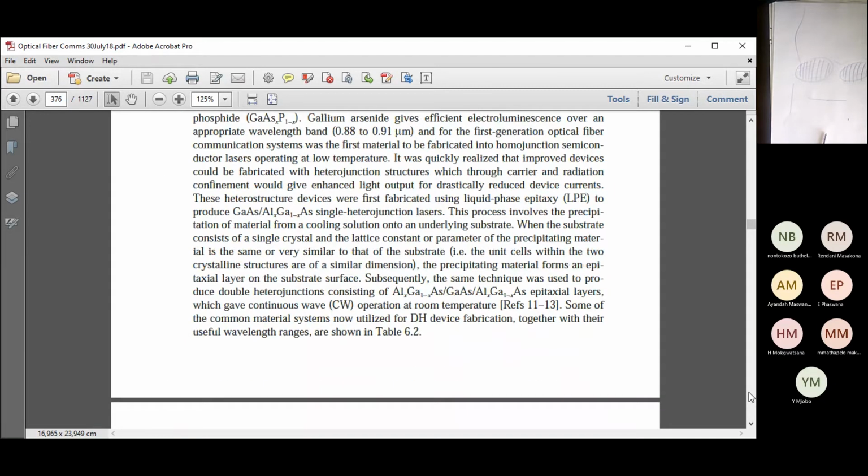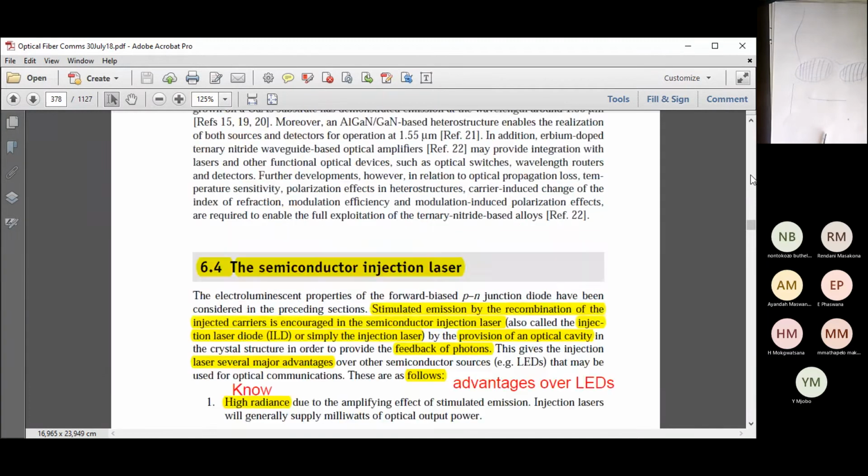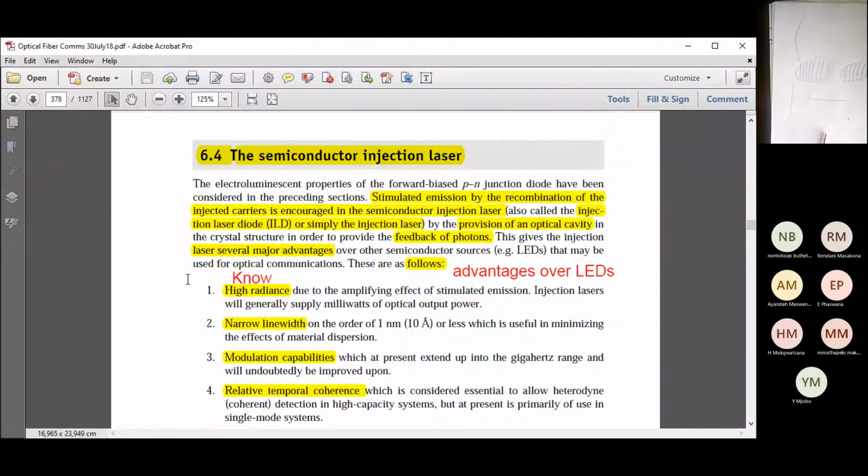Right, guys. The semiconductor injection laser. I told you I'm going to come back to these points here. Remember the other points there on top, those 8 points. They were just the good properties of a good source. But this one is the advantages of semiconductor lasers